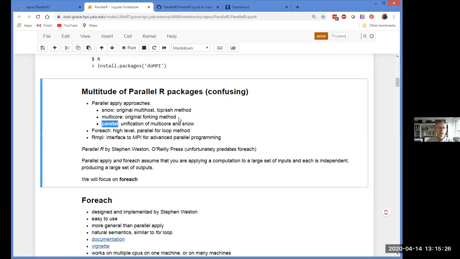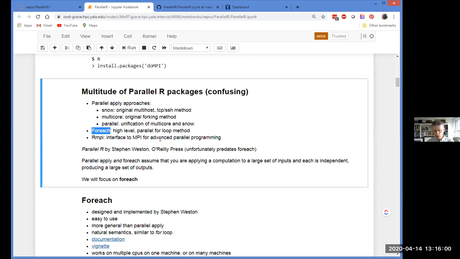So about the time things were getting really confusing with that, a colleague of mine, Steve Weston, created his own interface called foreach, which, as I've said, I like a lot. It attempted to do things at a simpler, higher level. And it's actually a layer on top of these other things. So it's using those, but it cleans it all up. And so again, that's what I'm going to focus on.